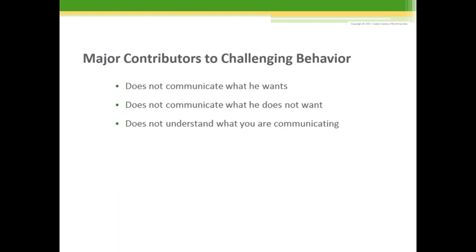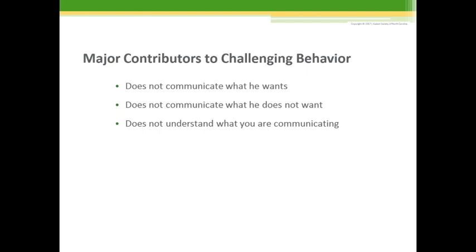So I've been talking a lot about social communication differences, problems in the area of social interaction, social reciprocity, engaging in the back and forth in a social exchange, whether we're talking about a very young child with autism where we're looking for smiles and eye gaze and laughter and the back and forth in a social exchange, or whether we're talking about a complex conversational exchange that can be very difficult for some with autism. When we think about challenging behavior, it's important that we look at challenging behavior through this lens of communication,